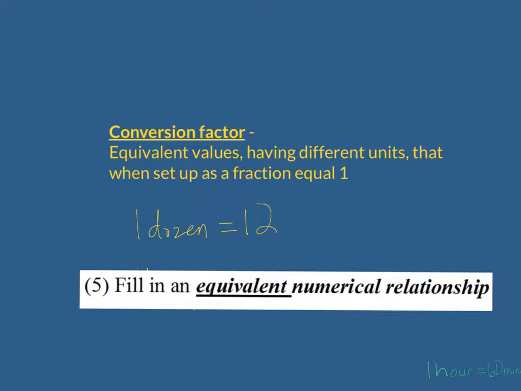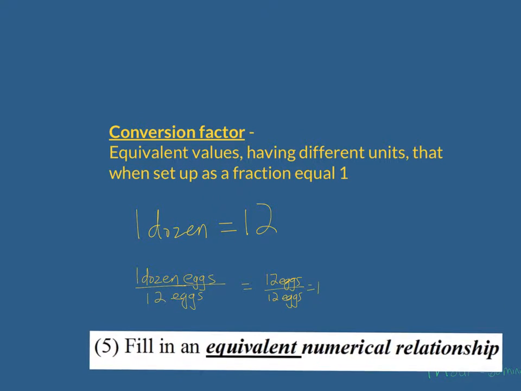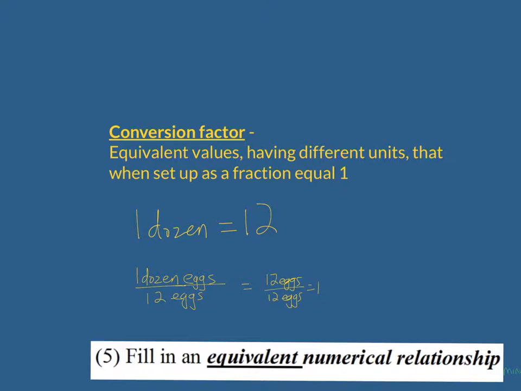Okay, so because they are numerically equivalent, I could put these two values in a fraction with a numerator and a denominator. Because they are equivalent values, it's the same thing as if I wrote 12 eggs over 12 eggs. It would be as if I'm writing the same thing over itself, and anything divided by itself equals 1. So conversion factors can look like this. When set up as a fraction, they can look like this, or we could even write this exact same